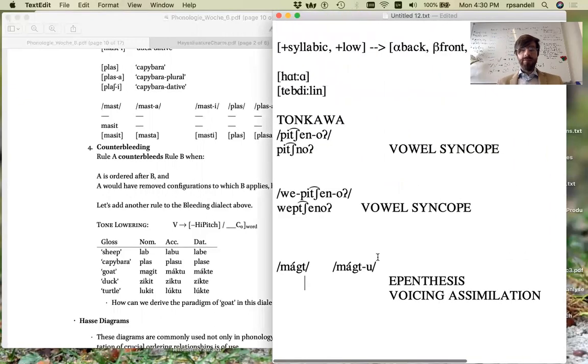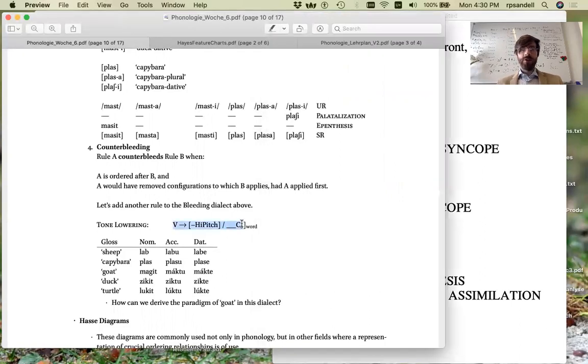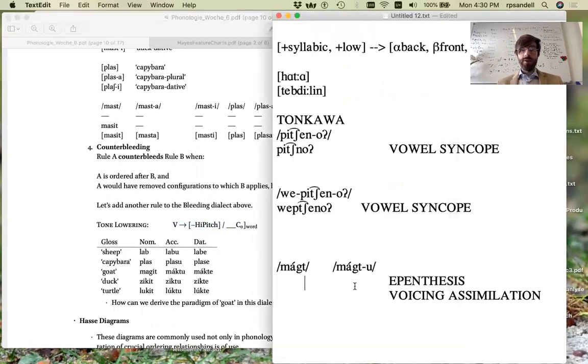So voicing, and then we'll come back to considering where the tone lowering rule needs to be ordered. So if epenthesis doesn't apply here because there's a vowel at the end of the word, and voicing assimilation does apply, giving us maktu with a high tone. Here, we would find that epenthesis does apply, and just as above, epenthesis bleeds the application of voicing assimilation, but